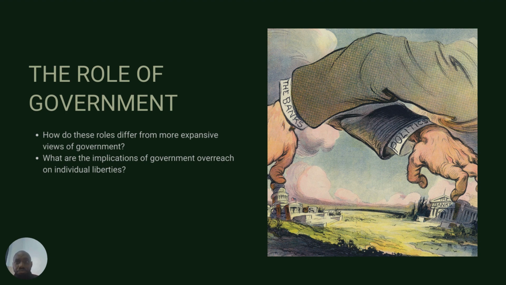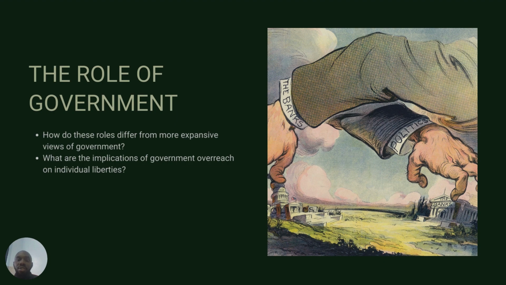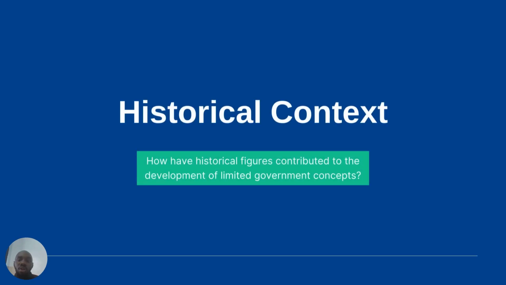And so the government's fundamental role in a libertarian framework includes protecting individual rights, enforcing contracts, providing for national defense, and ideally providing a conducive environment for its citizens to conduct their businesses and to go about their